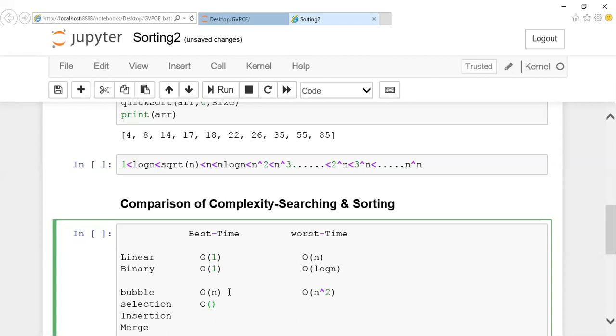Selection sort. So this is order of n, or in some cases order of 1, or in some cases in other programs if you are using 2 loops. We have written the reduced loop by using slicing, right? In those cases it will be order of n. In other cases it will be order of n square. It depends. Okay. And here the worst case is order of n square. So we'll take best case as order of n and worst case as order of n square. It will be better. Order of n square.